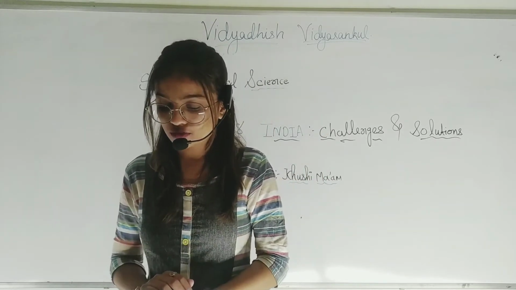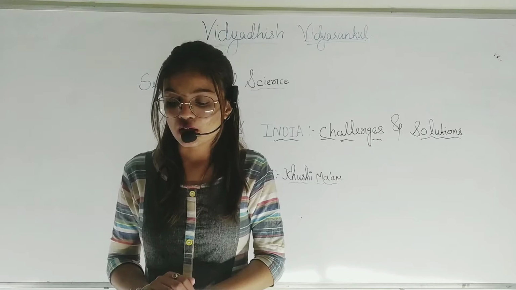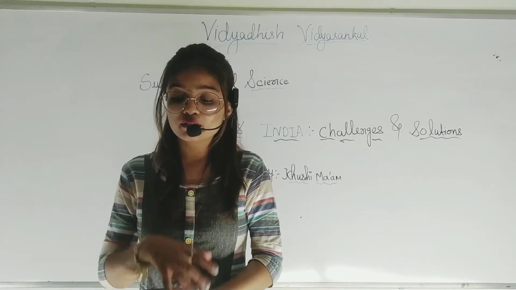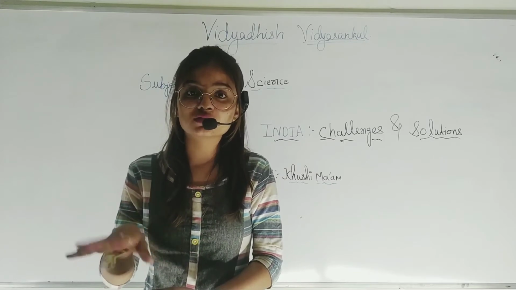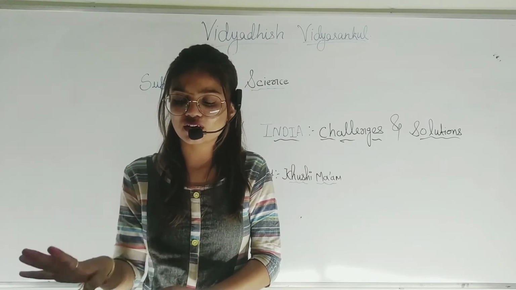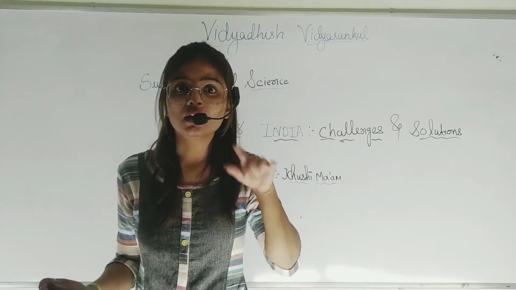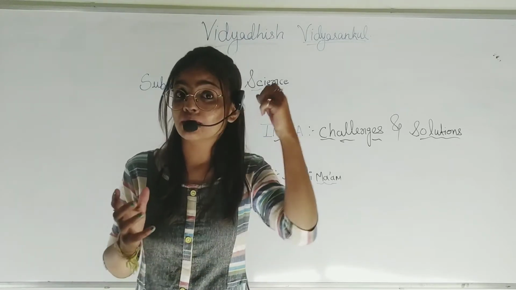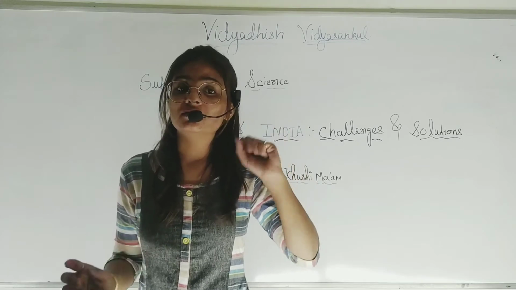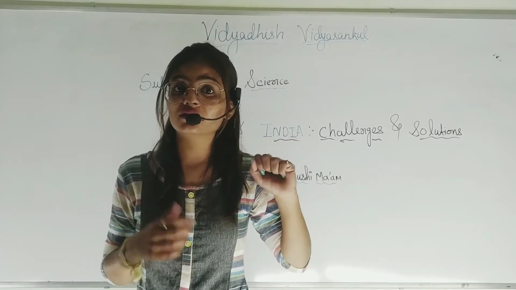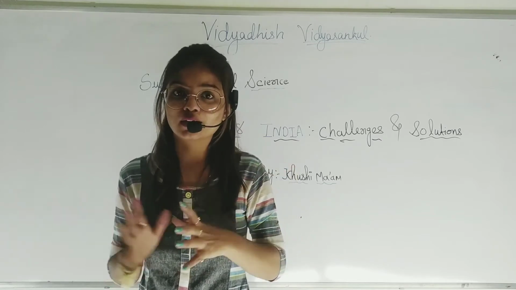Next, students, the antisocial activities: child labor, drug addiction, use of alcohol, mental stress, right? And due to the increase of unemployment, what happens, students? Activities like child labor, drug addiction, and use of alcohol happen due to unemployment. Next, because of mental stress, right? If a person has mental stress, then to reduce the mental stress, what happens, students? They do this type of activity.